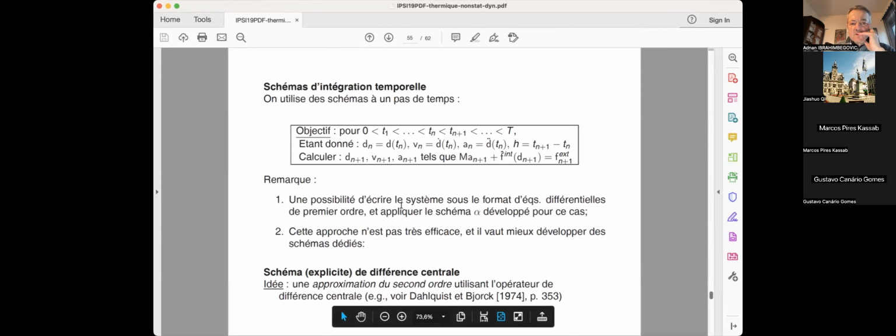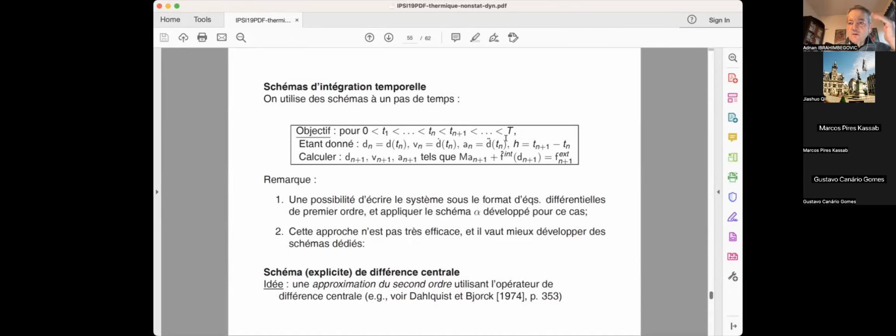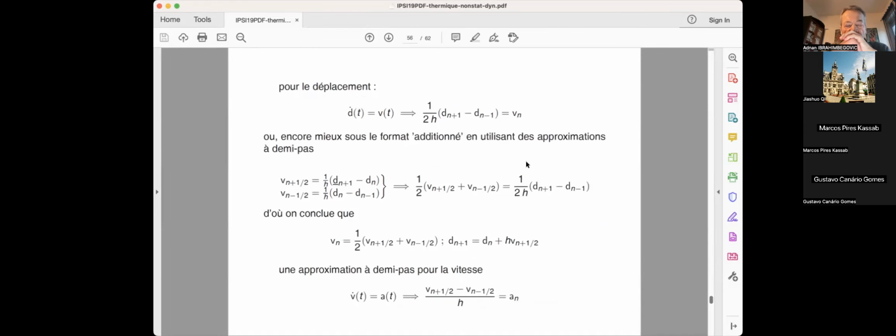So the idea goes as follows. If I want to do the computation with the time integration scheme with the steps from t_1, t_n, t_{n+1}, all the way to capital T, I know the values at time t_n, I know the time step, and I want to compute this equation of motion, nonlinear case: mass times acceleration a_{n+1}, plus internal force, a function of d_{n+1}, equal to the external forces. I want to do this with the explicit scheme. So what is the explicit scheme? First of all, I take